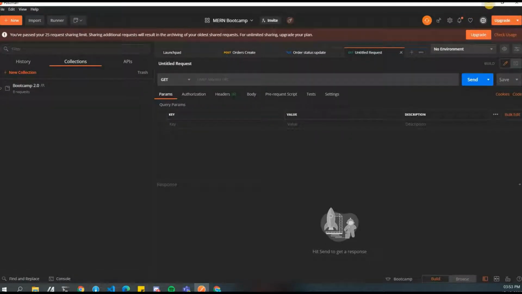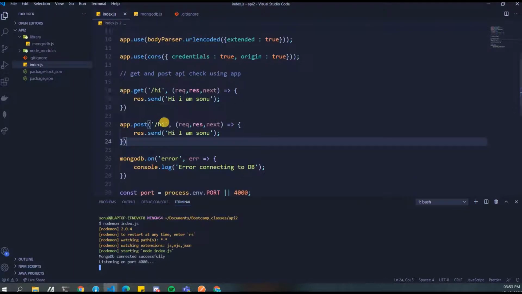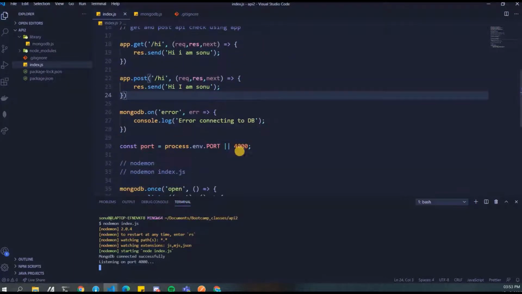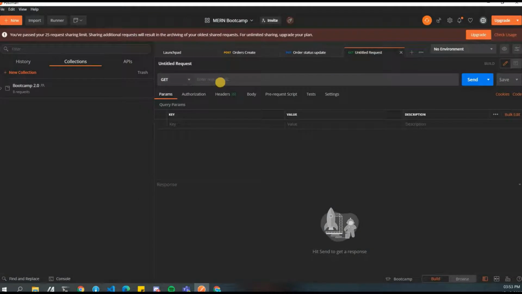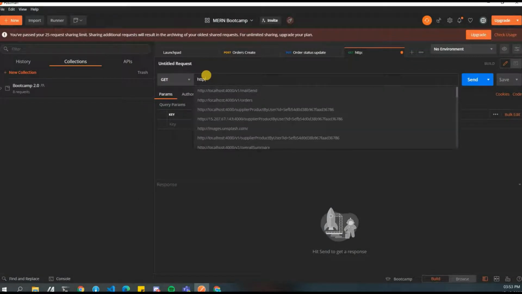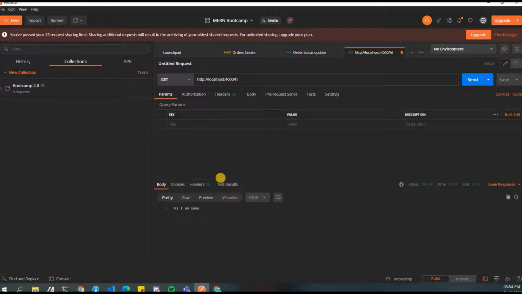Let's see what our API URL will be. It will be localhost colon 4000. 4000 is our port, and then slash hi. The request over here is get. Let's do localhost colon 4000 slash hi, and see what it is returning.